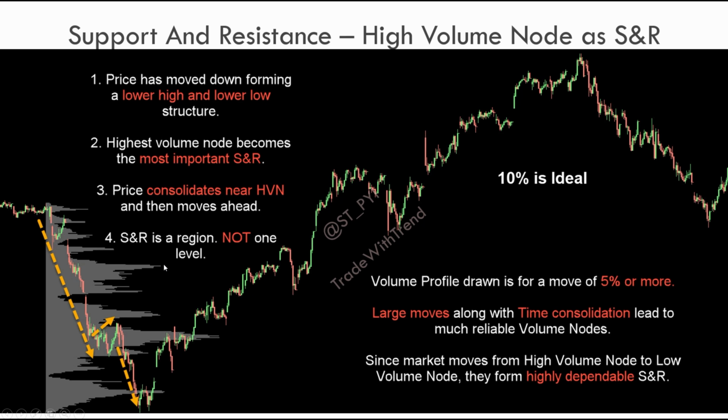And again, what you see is because this is a high volume node, price has had some sort of retracement here. So be very careful here. If you want, just pause this video here, because I'll explain this once again. The reason why you see some sort of consolidation happening here is because price has approached a high volume node. Now, as soon as price breaks out, it immediately moves up to the next high volume node region. And again, the sort of consolidation or retracement that you're seeing is because of this high volume node itself.